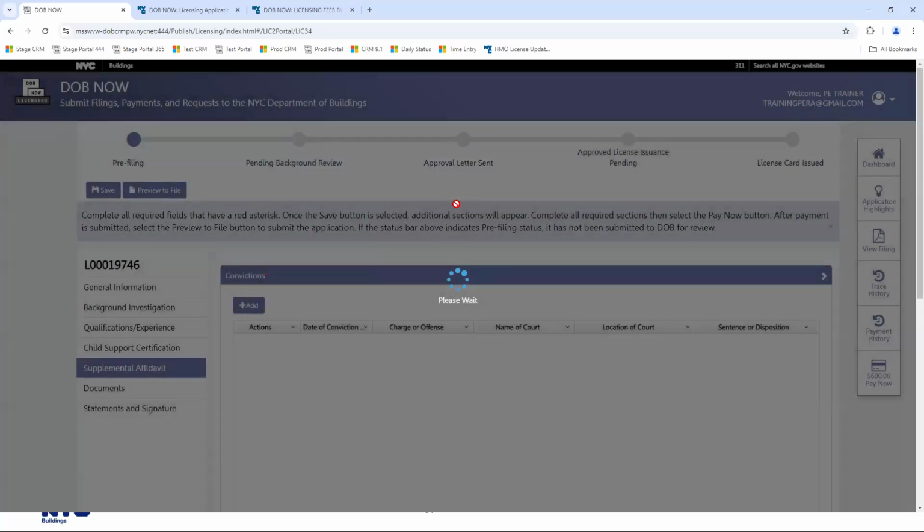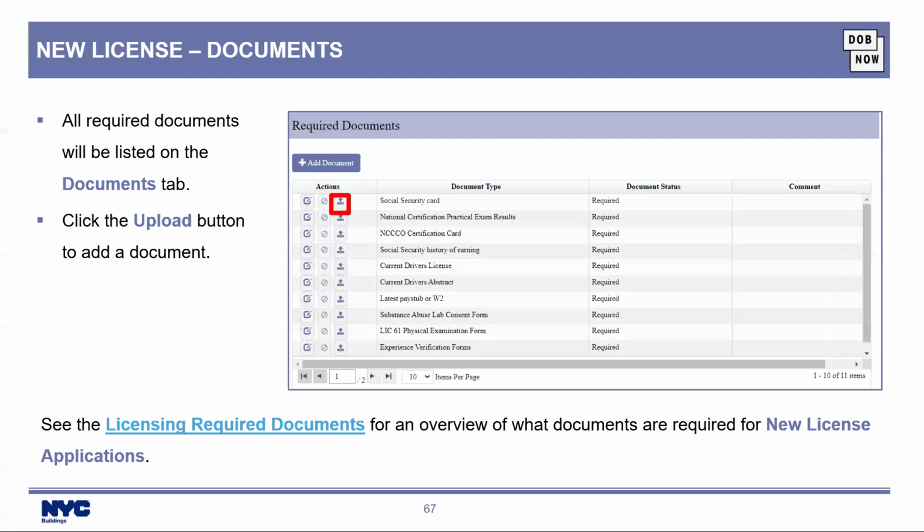Now let's talk about documents. All required documents will be listed on the Documents tab. Note that depending on how many documents you have required, you may need to go to the next page. For each document, you're going to click the Upload button to add the document.